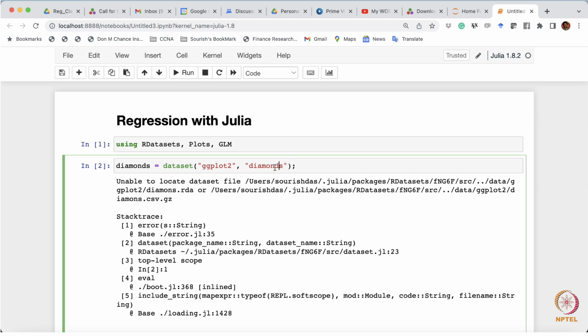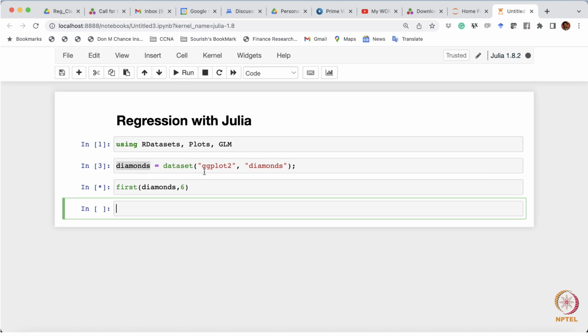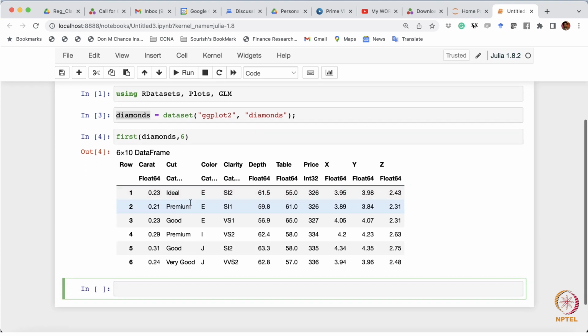Sorry, here is a spelling mistake. Yeah, there is no error now, I believe. So first, if I just say first, comma, say 6 and run it, it will just plot the first 6 rows of the diamond data set. Now what we are seeing is that the diamond data set has